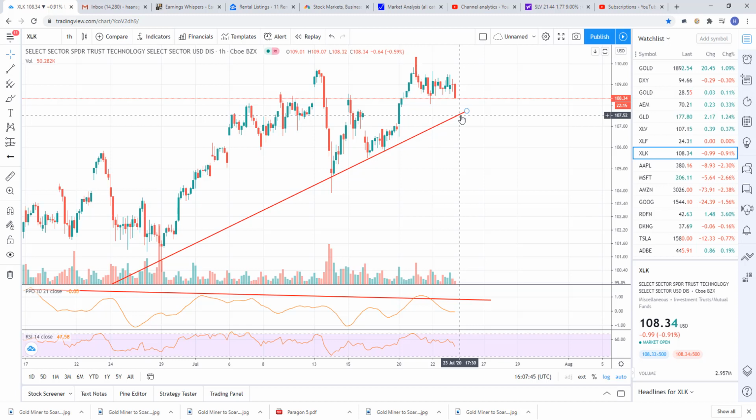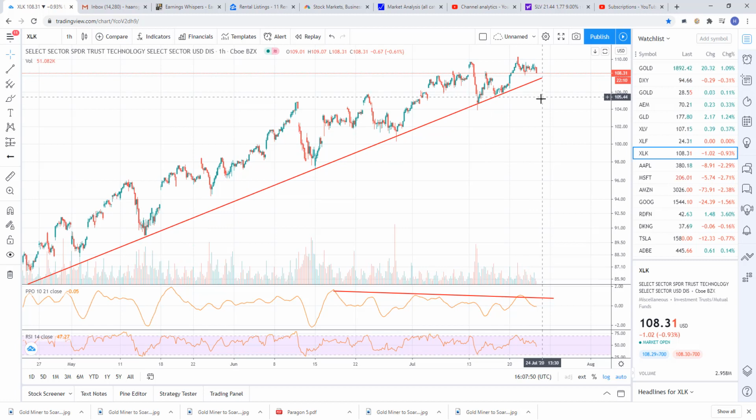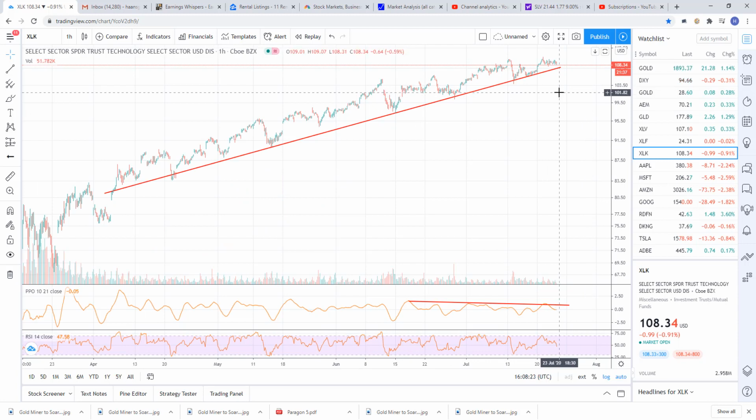So the way this might work, doesn't mean it has to, but the way it might work is you're going to get a big gap down on some sort of a catalyst. They can't come to a stimulus agreement in the Congress. I don't know what it's going to be, but there's going to be some sort of big catalyst where this will gap down big. Probably the Dow will be down 1,000 points or something like that. And then it's either going to gap and crap, so it gaps down and then just sells off impulsively, or they're going to gap it down and then try to do this little fake out move where they run it up a little bit and try to wash out some of the people that took that initial sell signal.